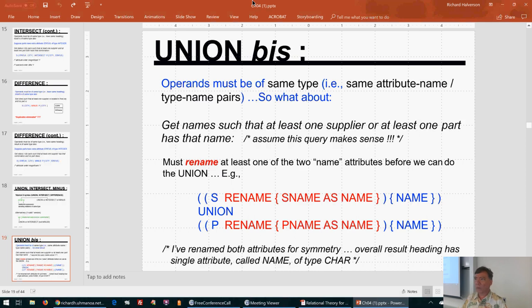PNUM, whereas in the supplier parts table, it's named PNO, for example. More likely something like, it's called SNO in the supplier table, and it's called PNO in the parts table, but in the supplier parts table, it's called PNUM and SNUM, let's say. But you want to do a natural join thing. Well,